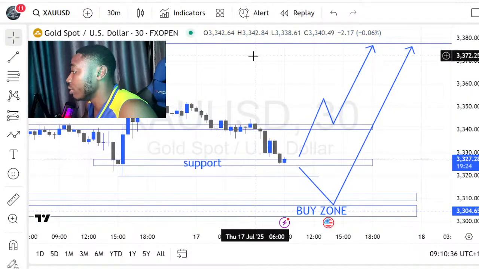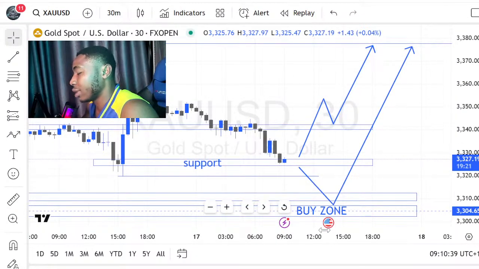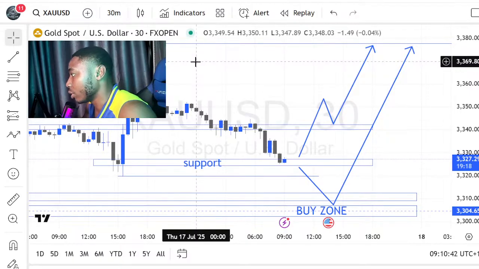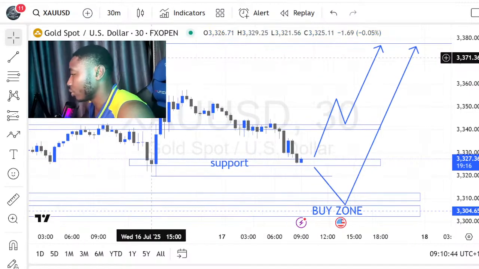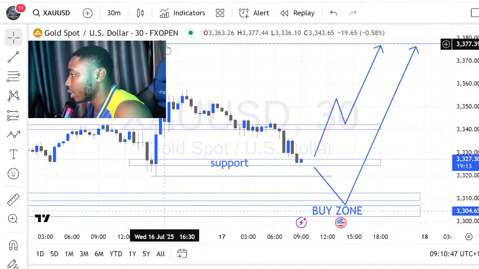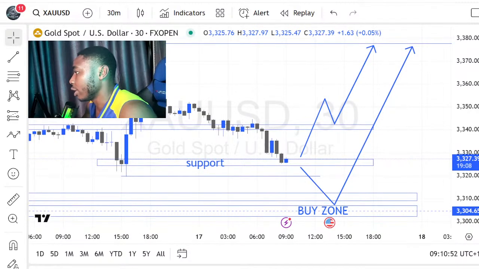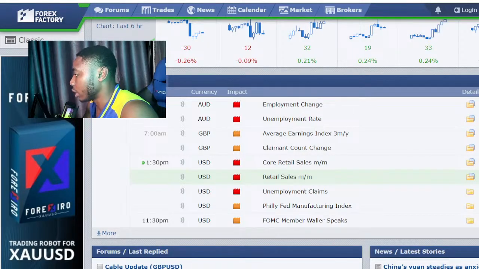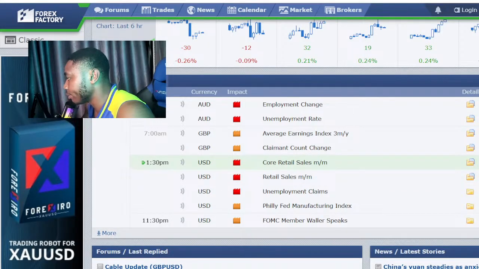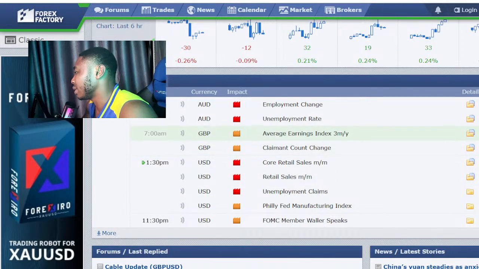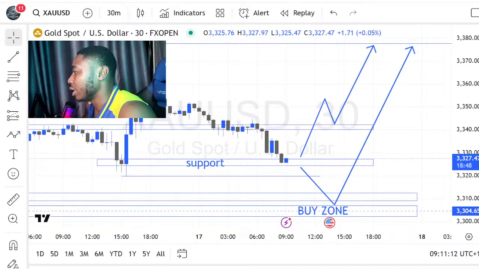Okay, and I'm expecting gold to still fall, because yesterday's bullish move was so massive, and look what it left in the market. This big and huge liquidity here. So let's see what the data gives. Data is giving negative, positive, positive, positive. All the data here are expected to be positive. That's for the forecast. So once it's expected to be positive like this, then you should expect that gold is gonna fall, it's gonna sell.